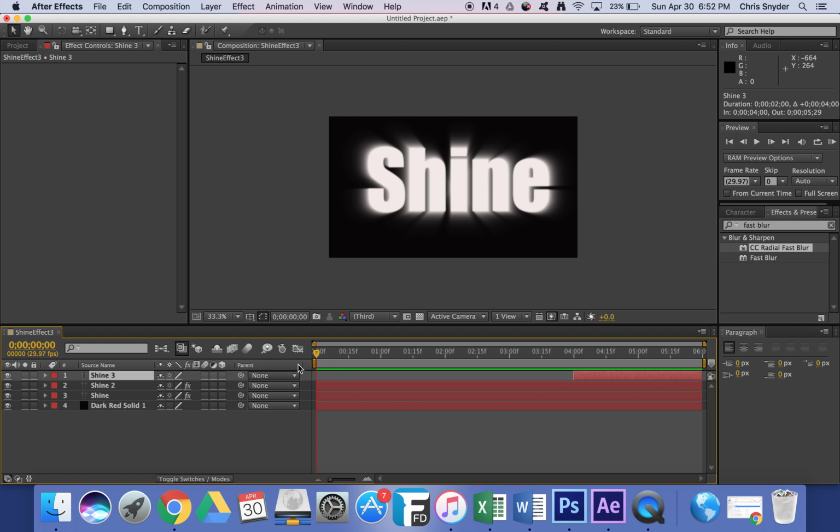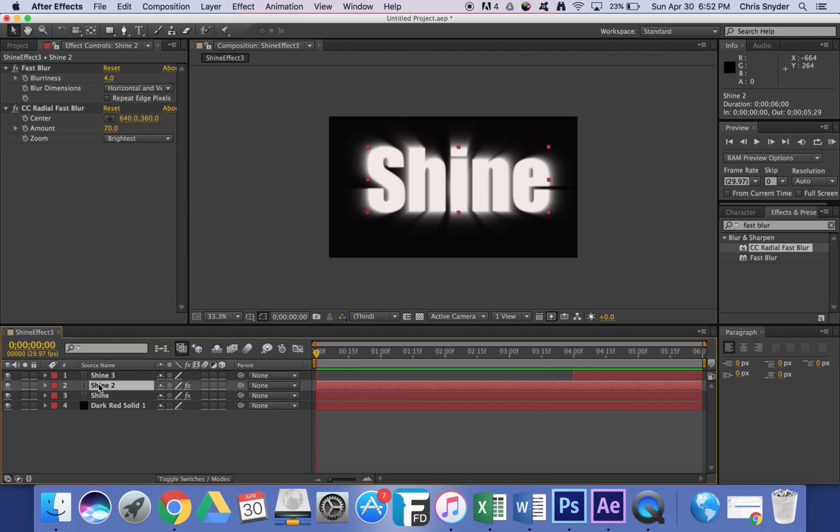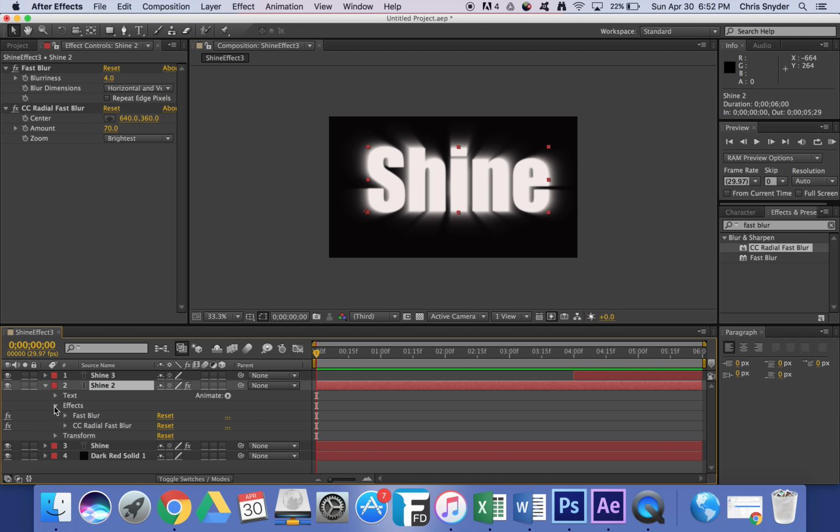So now we want to make the movements happen. So we want to get the lighting moving from left to right. So we're going to go to our second text layer. We're going to open it up. Right, and then we're going to go to Effects and open that up as well. And then we're going to open up CC Radial Fast Blur. So we started here. Open up Shine 2, we went to Effects, open that up, then we open up CC